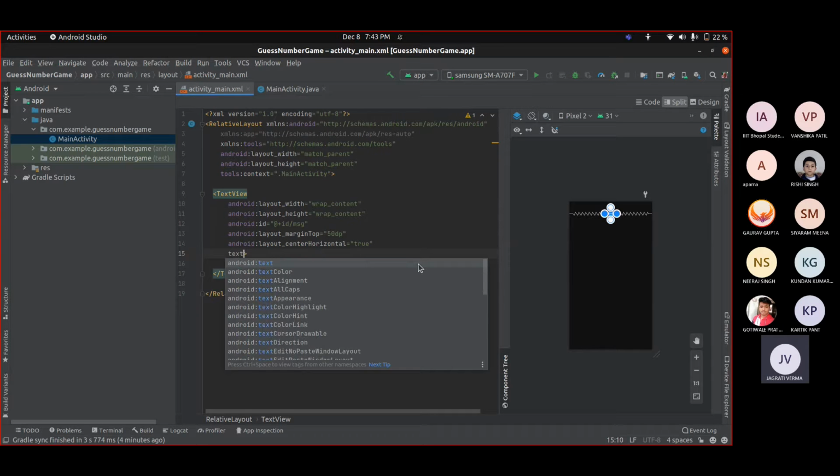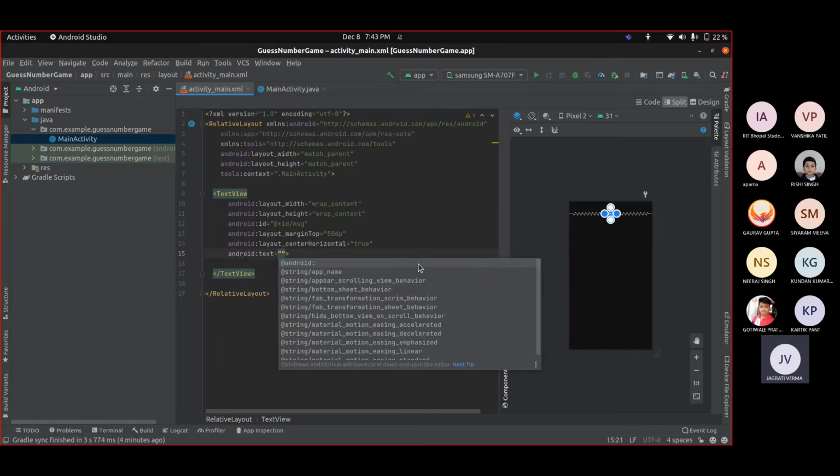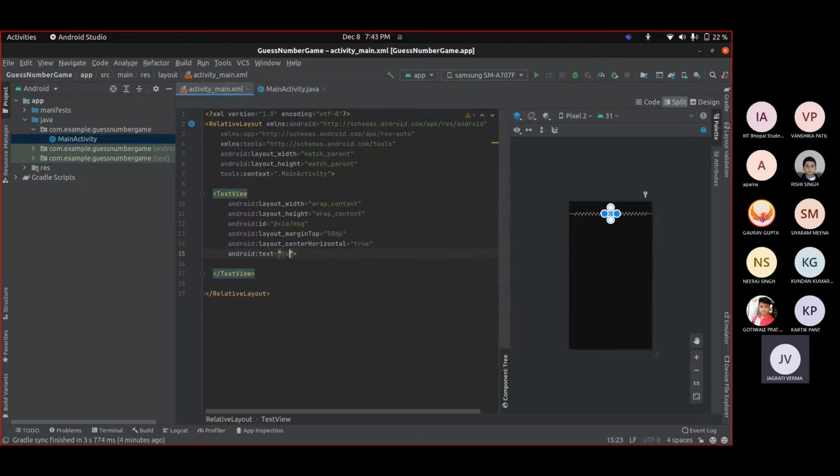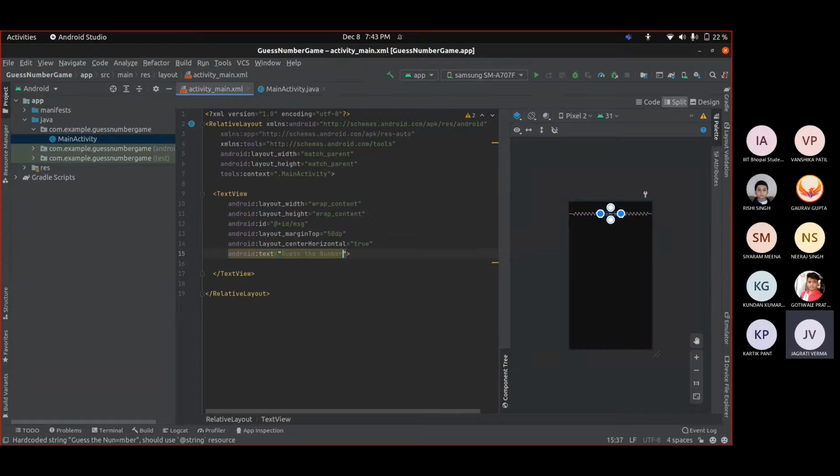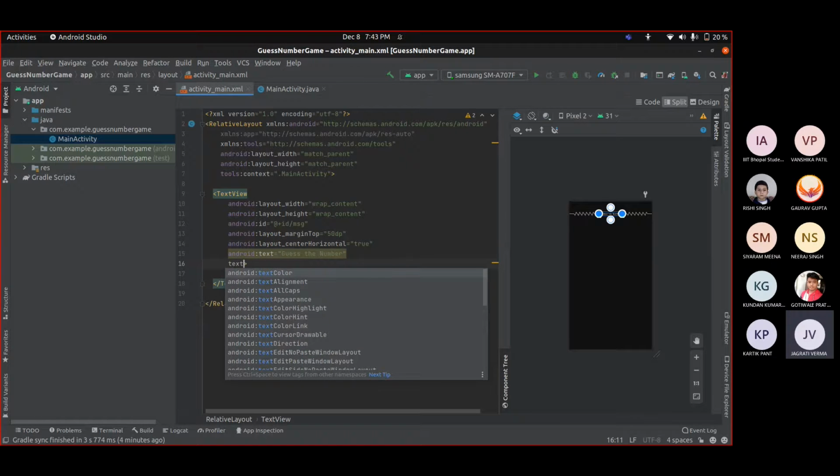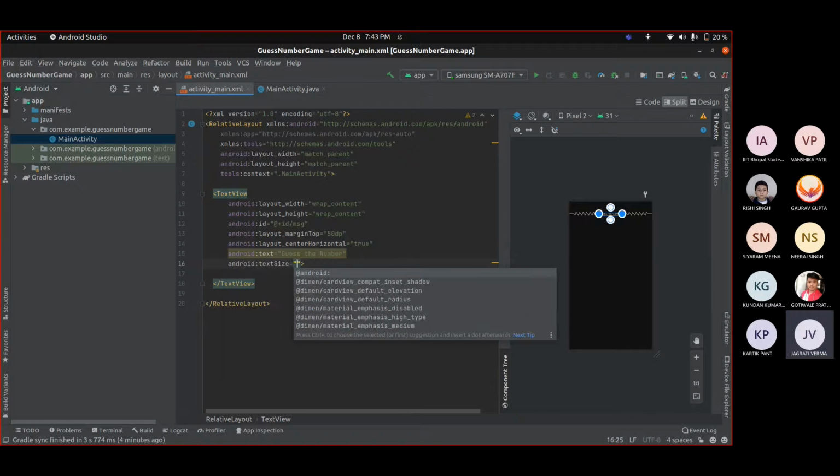After that, we have to write a text, like "guess the number". After that we can also type here the text size that we need. For now we need a text size of 22 sp.